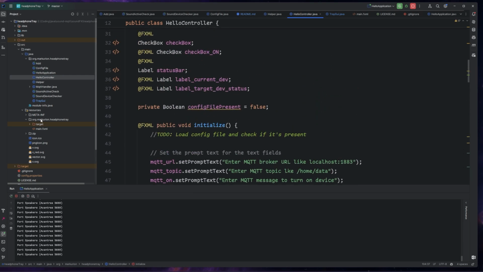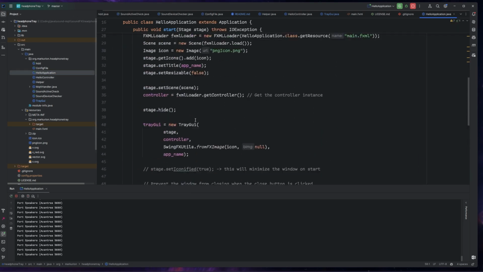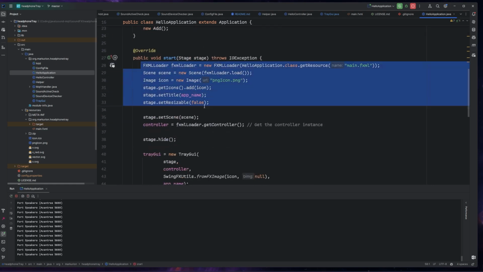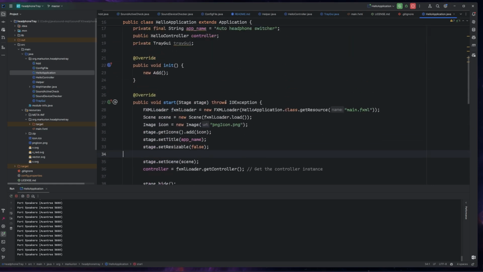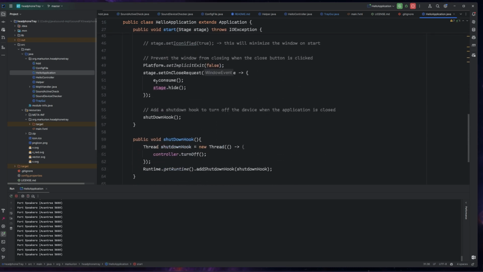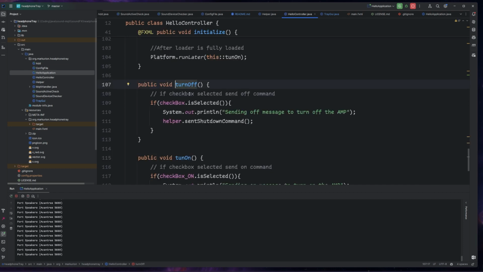So if we go to our controller, we can see here, this hook is given either in here or is given in the main application. There's a shutdown hook. So the main app is loading. I didn't change the name from hello application. Should do that, but didn't. And when we scroll down in here, we have our shutdown hook. So at the end of our initialization, we're just adding a hook that's basically a new thread, and whenever the shutdown hook is activated, the new thread will open and turn off will be executed,